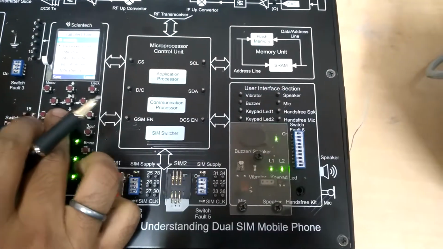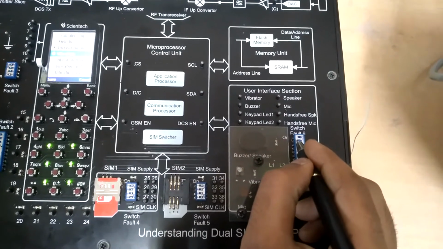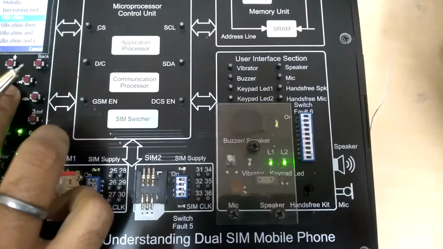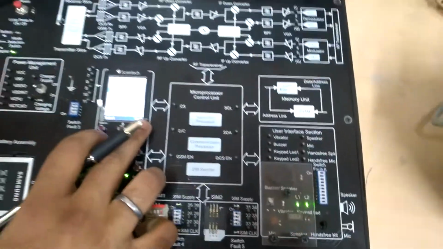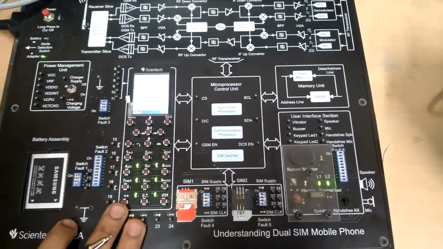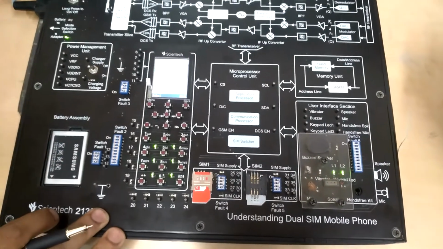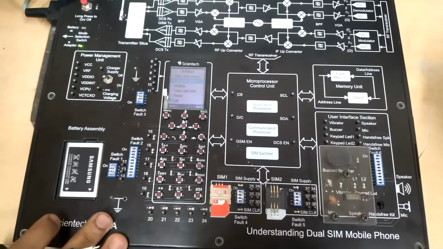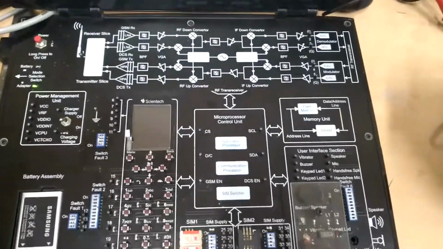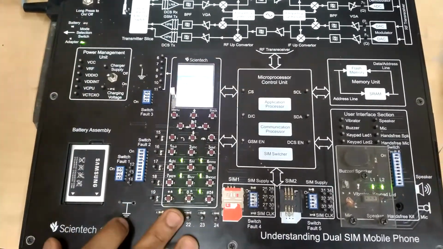Likewise we have it for the vibrator. See here, the vibrator is off. So likewise we have to insert the fault, observe the effect, and write down the causes. In that way we have to observe the different test points and the waveforms, for insertion and deletion of the faults, and note down the effects and causes of the faults. Okay, thank you.